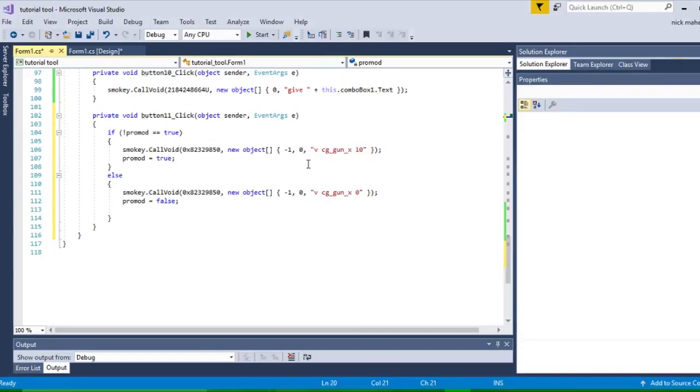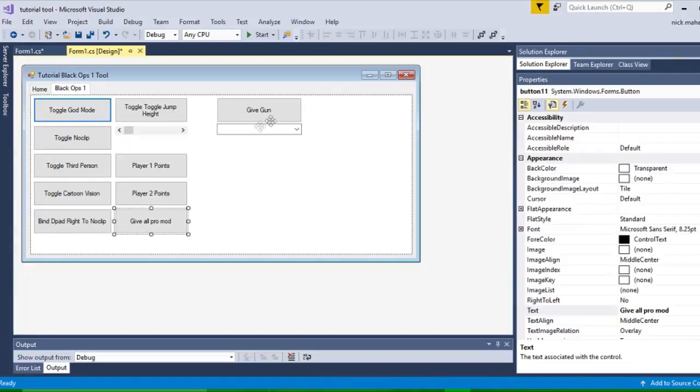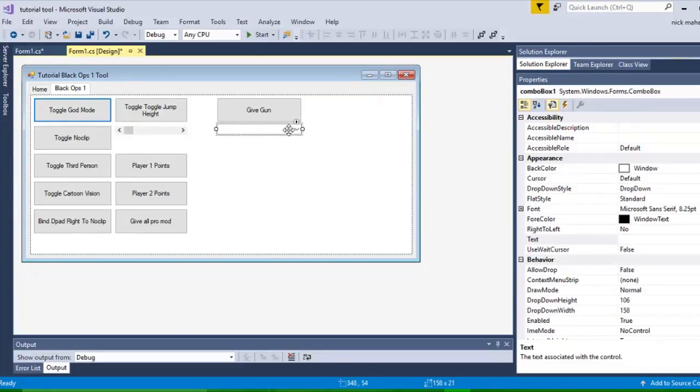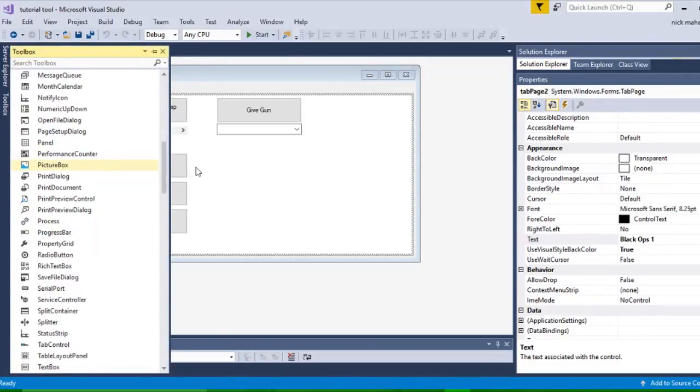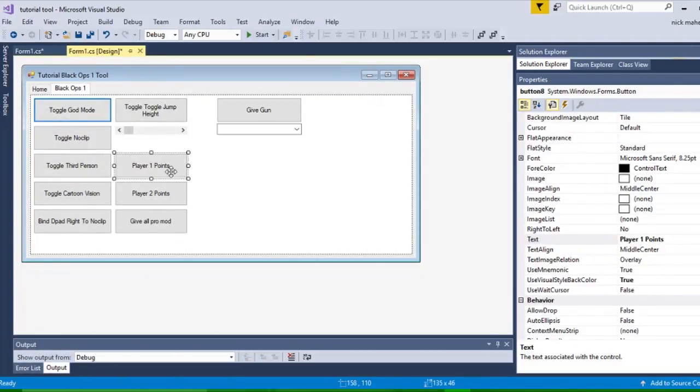Now, to do messages and stuff like that, you would not use V, so I'm going to quickly show you that right now. We're going to do something like we did with the jump height and the give gun, where it gives you a combo box and all that, but we're going to do that with a text box instead. But first I need to quickly